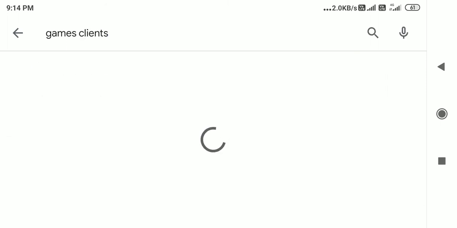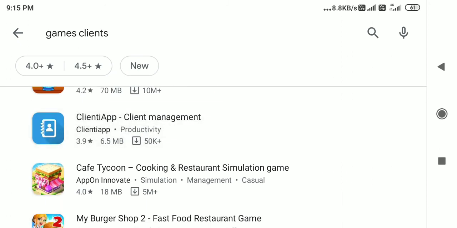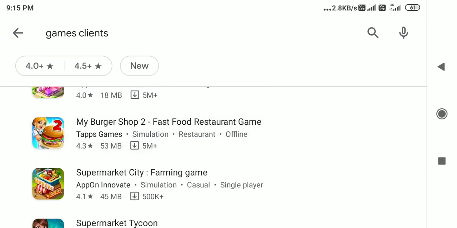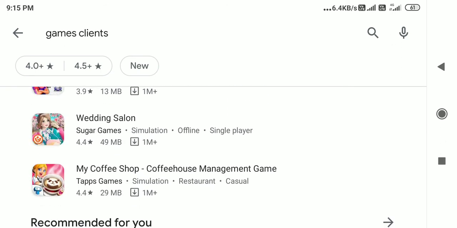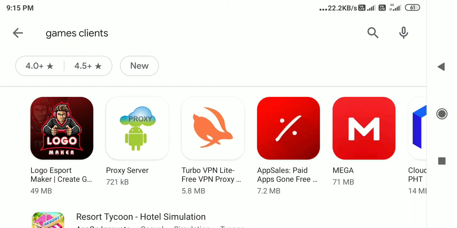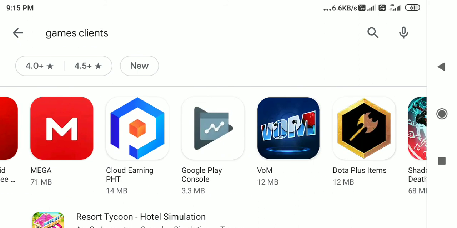Client tab, client management. Now ice cream truck, my burger shop, supermarket city. This is what it is showing. Now logo expert, proxy server, turbo, app server, cloud loading, mega.